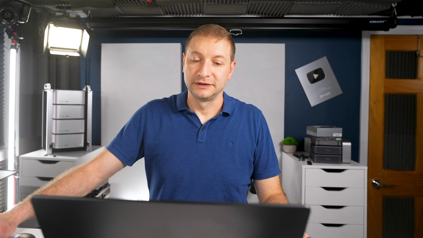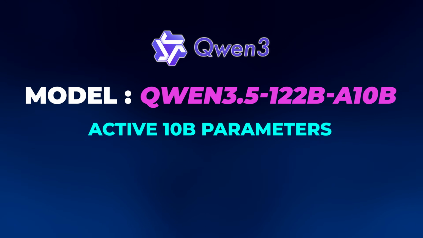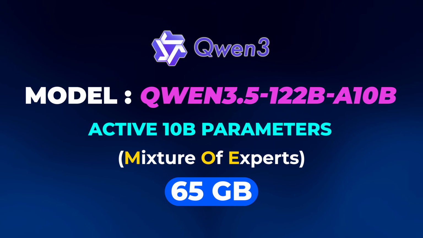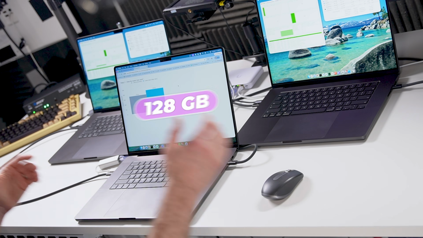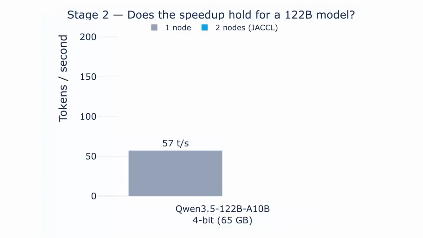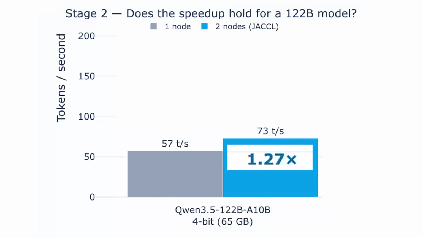Time to give the GPU something real to chew on. This is Qwen 3.5 122B A10B. It means active 10 billion parameters. So it's 122 billion, but it's a mixture of experts. On disk, it's 65 gigabytes, small enough to still fit on a single 128 gig machine. And that's exactly what I wanted because I needed to keep the one node baseline alive as control. On one node, we get 57 tokens per second. Quite usable, but on 2 nodes, we get 73 tokens per second, a 27% speed up, slightly better than the